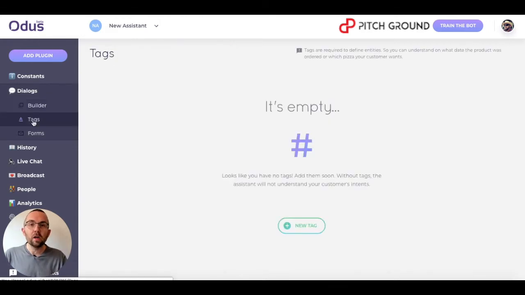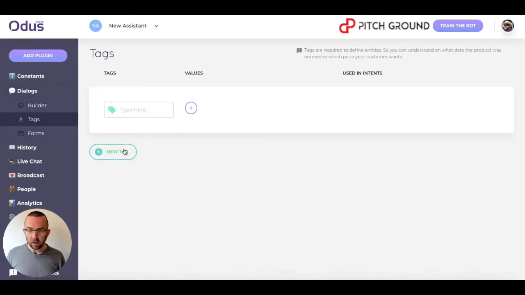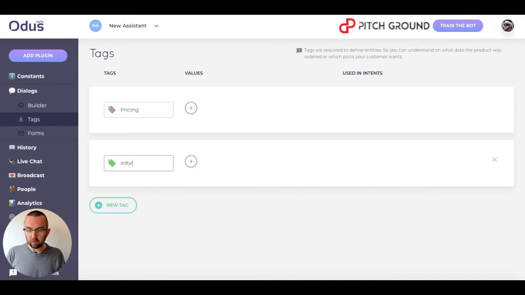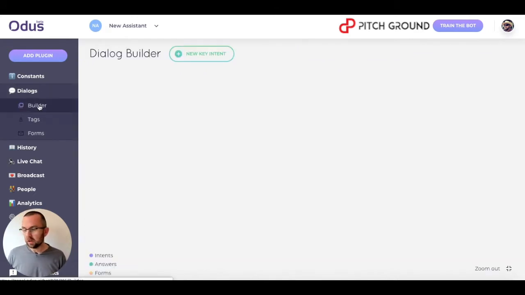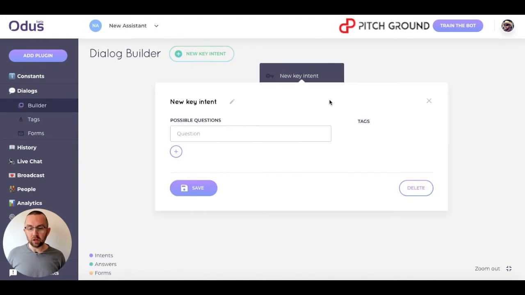So tags are words that you can group together to help the bot know what the person is talking about. So I'm going to create a couple of tags. One is called pricing. The second one I'm going to call information. And the third one I'm going to call booking. Nope, not cooking, but booking. Okay. And I'm not going to put anything in the intents here because this will come as I build a bot. So the first thing is a new key intent. And the possible questions,